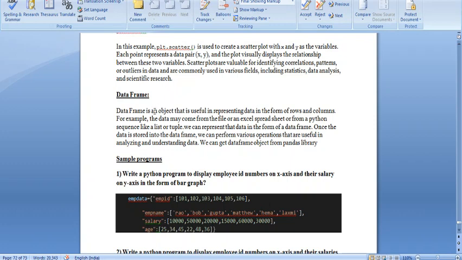What is a data frame? It is an object that is used for representing data in the form of rows and columns, okay. If there is any object, we convert this data into rows and columns, okay. For example, the data may come from a file or Excel spreadsheets or from a Python sequence like list, tuple, dictionary. We can represent data in the form of a data frame, okay. Once the data is stored in the data frame, we can perform various operations that are useful in analyzing and